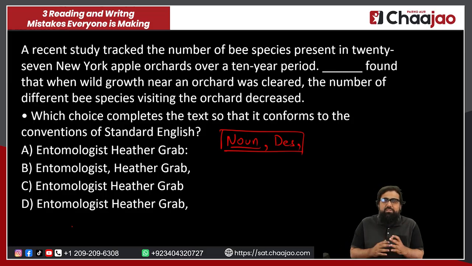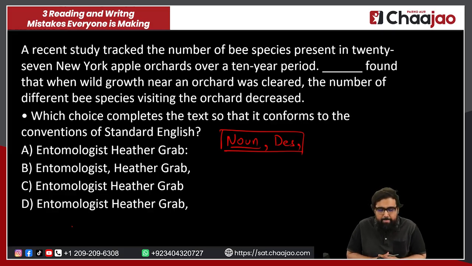But there is a special scenario. There is a condition where you'll have this description and you'll have the noun as well, but you will not have the commas that I just talked about, right? So, this is what we are going to study, and we're going to solve this question to understand how this actually works. Now, this question says, a recent study tracked the number of bee species present in 27 New York